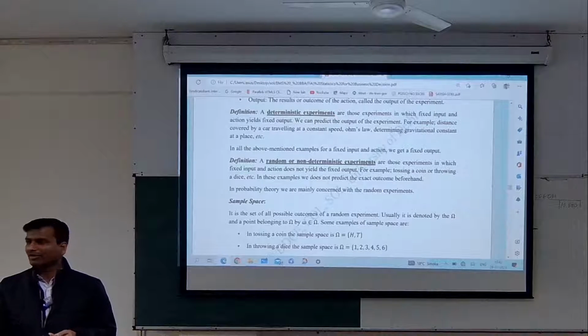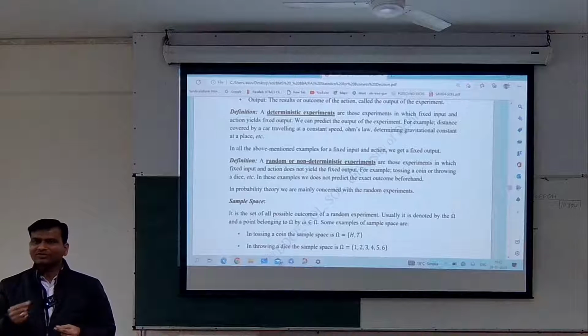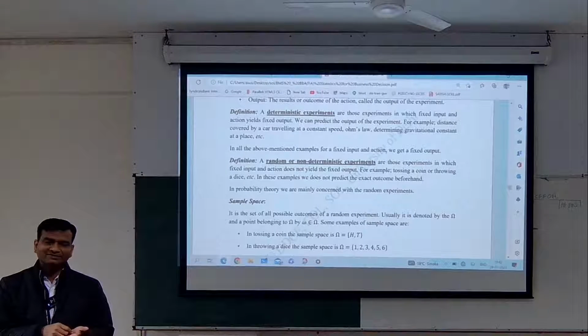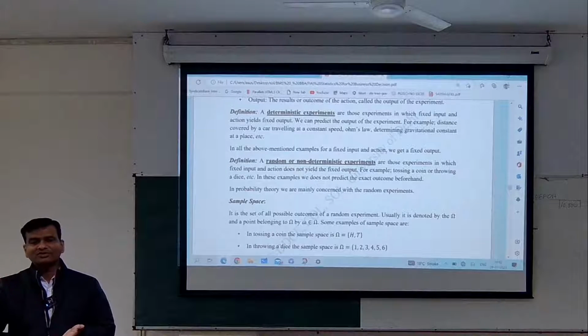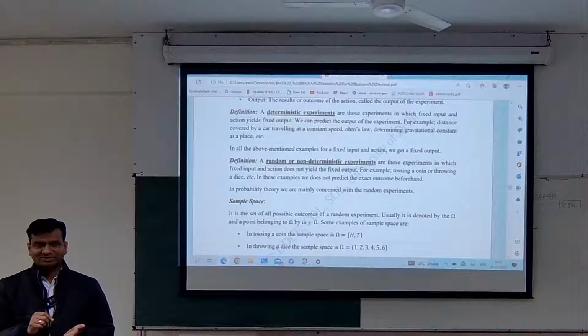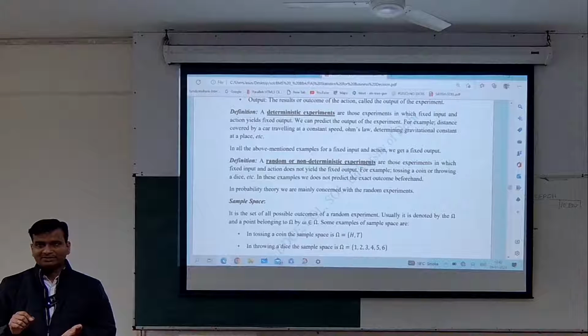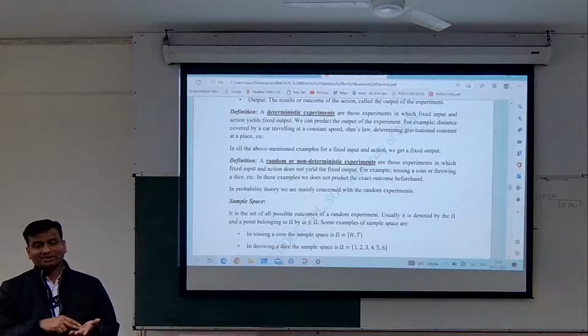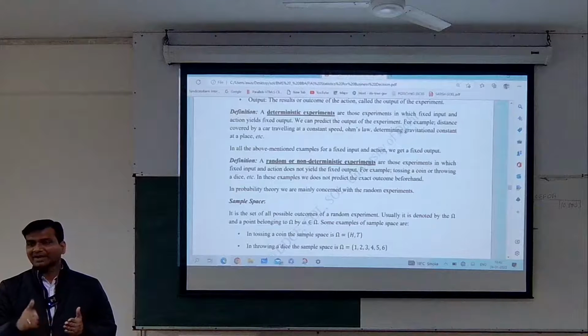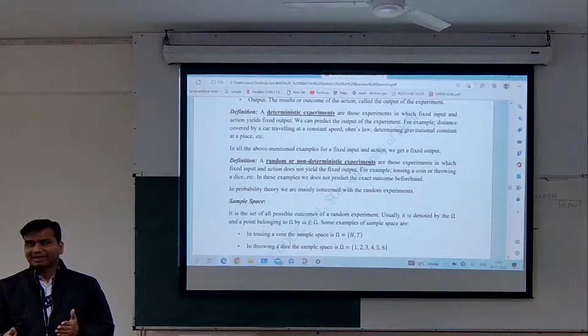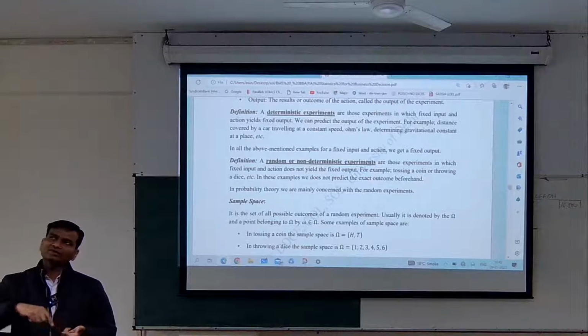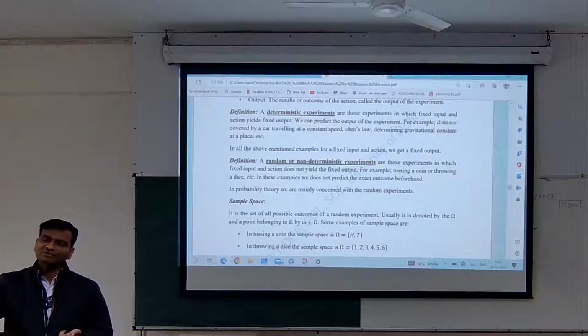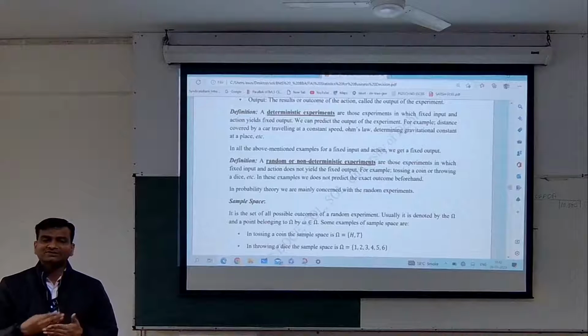Similarly, if you toss a coin, suppose x is head on the coin, or tail. So x can be head or tail, and you may have to find the probability: what is the chance that when you toss a coin, you get head, or what is the chance you get